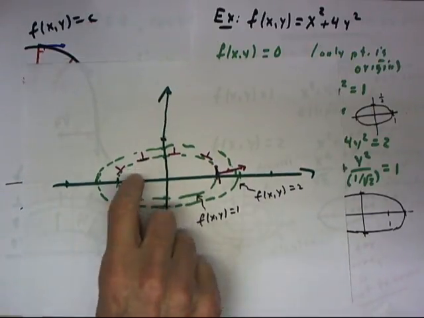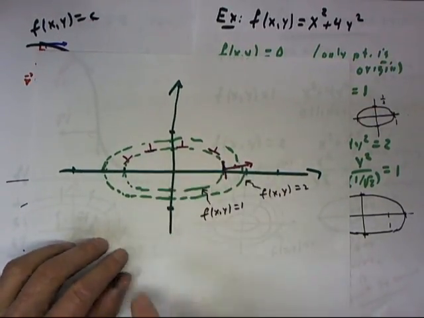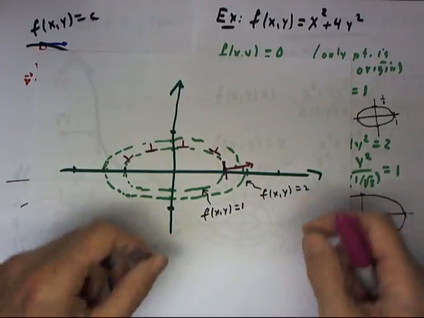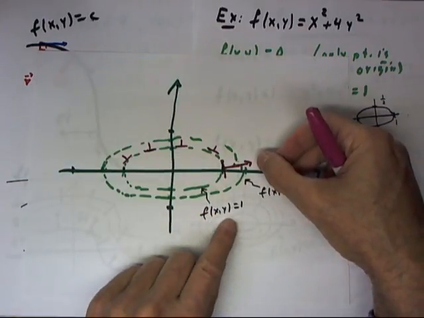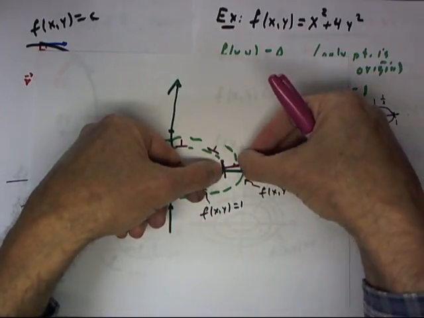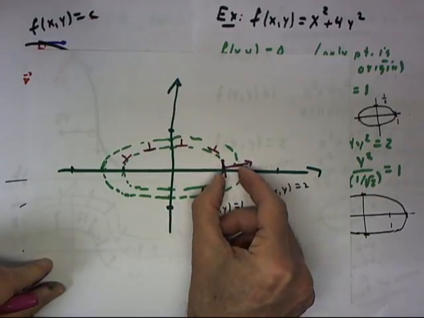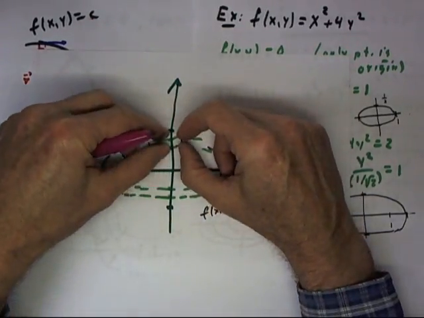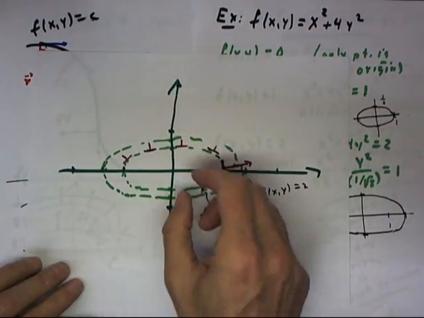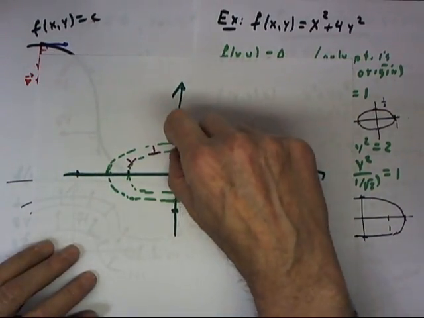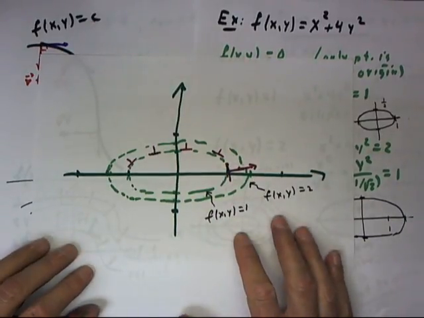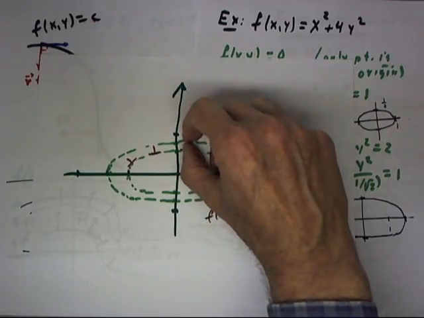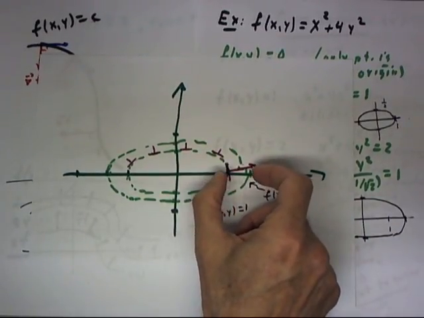Let's ask what's happening to the gradient as we move around this curve. What's happening to the magnitude of the gradient? Well, to get from the value f of xy equal 1 to the value f of xy equals 2 required this much distance here. Now these curves get closer together when we get up toward the y-axis. As a matter of fact, at the y-axis they'll be twice as close together as they are here, and it should be fairly evident why. So the gradient at this point should be about twice as big as the gradient at